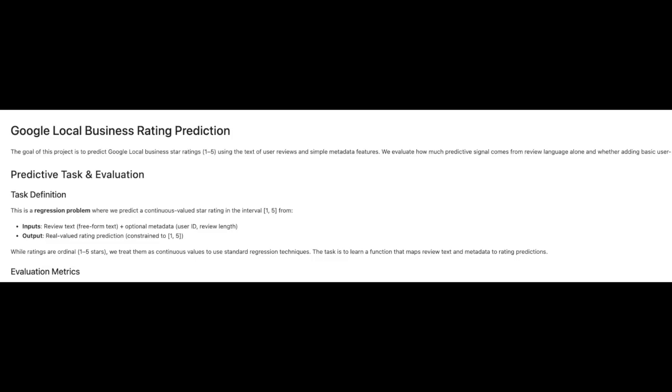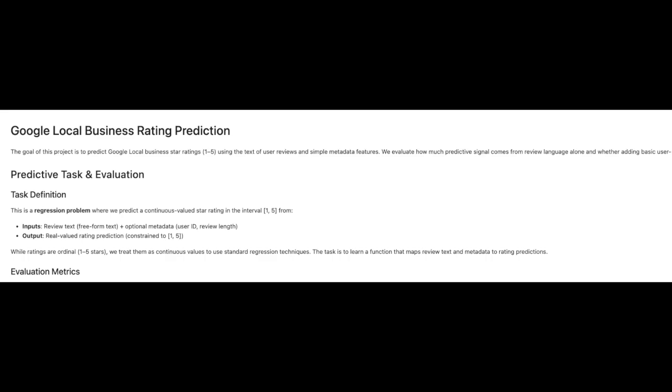My name is Vaibhav, and in this video, I'll walk you through our project, Google Local Business Rating Prediction. The goal of this project is to predict Google Local Business star ratings from 1 to 5 using the text of user reviews plus a little bit of simple metadata like user ID and review length. In the notebook, this is the section